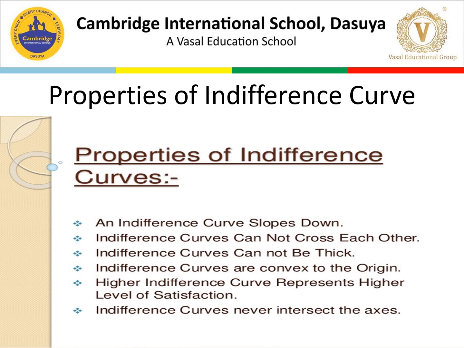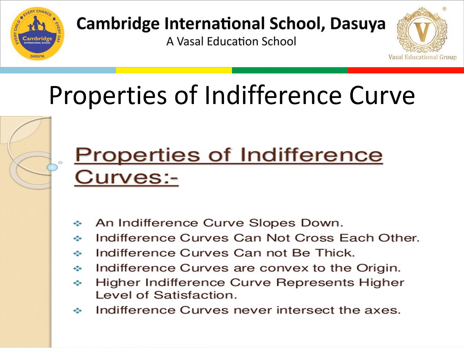So what is the reason behind this? It implies that as a consumer consumes more of one good, he must consume less of the other good. So we cannot take both goods in the same quantity. It happens because if the consumer decides to have more units of a good, say apples, he will have to reduce the number of the other good, that is bananas, so the total level of satisfaction remains the same. That is why the indifference curve always slopes downwards.